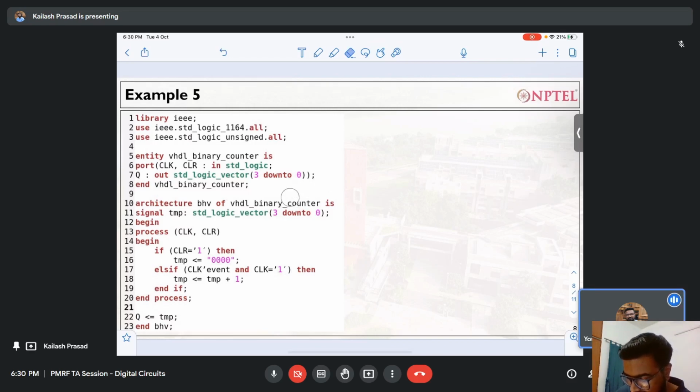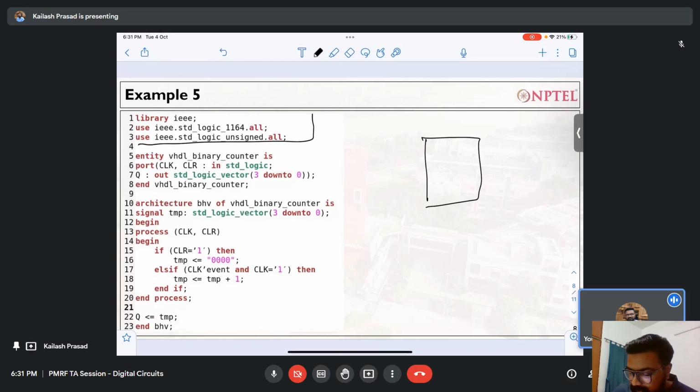I will just repeat what he has said. So the very first statements remain the same. These are our libraries. Then what we have done is a binary counter. You can see the counter like this. It's a counter block which does the counting, which has a clock, a positive edge triggered clock, and it has a clear signal, and it has an output Q,